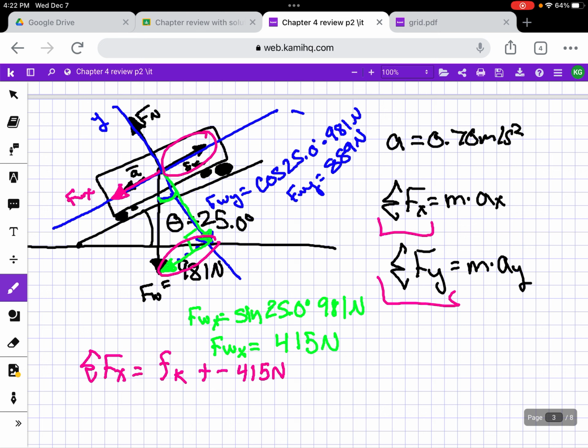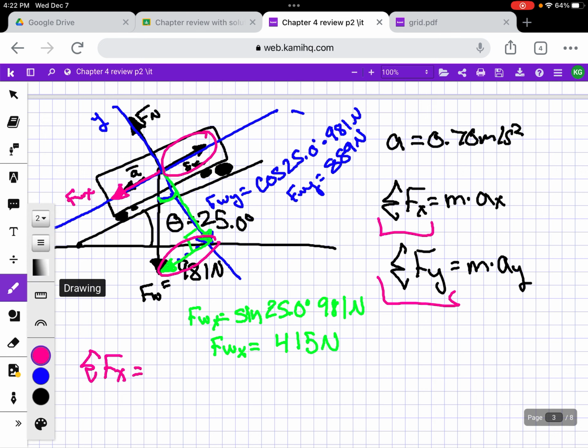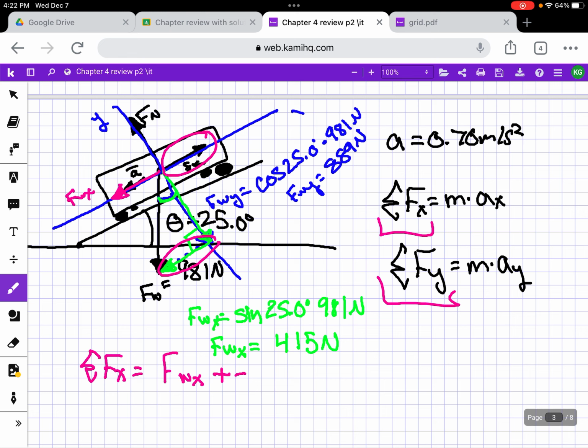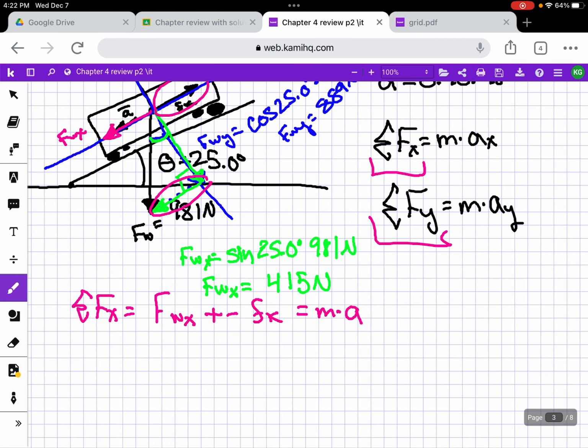One other way we can do this is to say that the motion is the positive direction, and that should be fine as well. I'm actually going to do it that way. I think that's how the answer key did it. That way you keep acceleration positive. So I'm going to say that the motion here is positive because it's going down away from the origin. So we're going to do force weight in the x plus a negative kinetic friction, which means the same thing. Let's plug in the numbers and set that equal to mass times acceleration. Again, these are the only forces acting in the x direction. So my force weight in my x